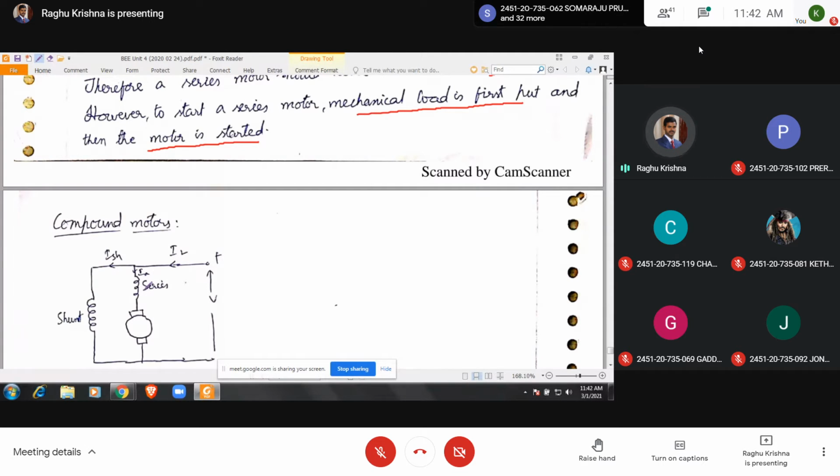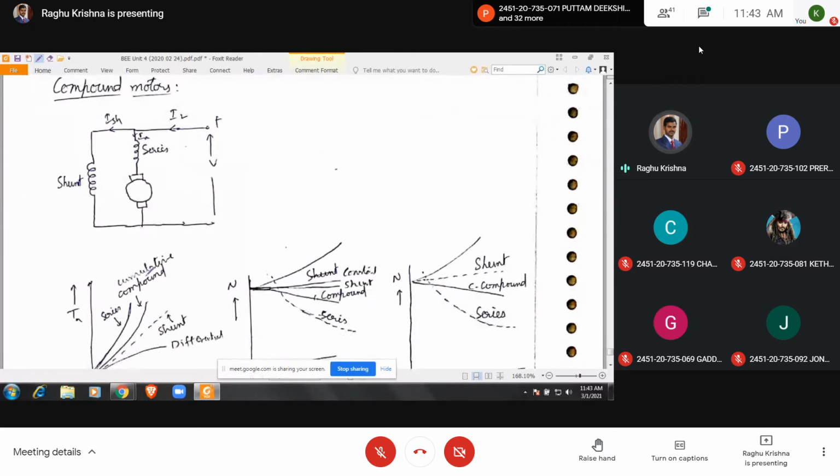So what are the advantages of a shunt motor? Constant speed motor, but it will be having a low starting torque. Coming to a series motor, high starting torque, but the speed goes to a dangerously high value for low values of current. That means under no load condition, the speed goes to a dangerously high value. So if you see a shunt motor, constant speed motor. If you see a series motor, high torque. Both these advantages can be obtained by using a compound motor, and the characteristics lie between the